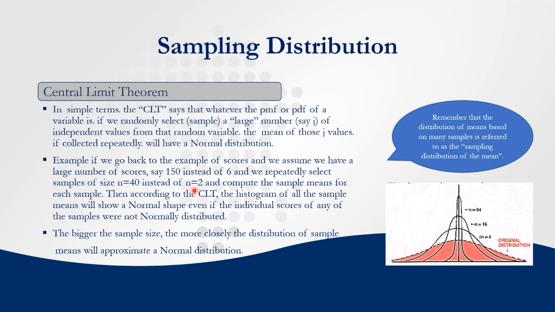Then according to this theorem, when we look at the distribution or the histogram of the sample means, they will show us a bell shape, even if the individual scores were not normally distributed. So even though the original was not normally distributed, when we have large data, we know that the distribution of the sample means is going to be normally distributed. This is important because, when we are doing statistical tests, we always talk about this assumption of symmetry. So this says to us that when we have large data,